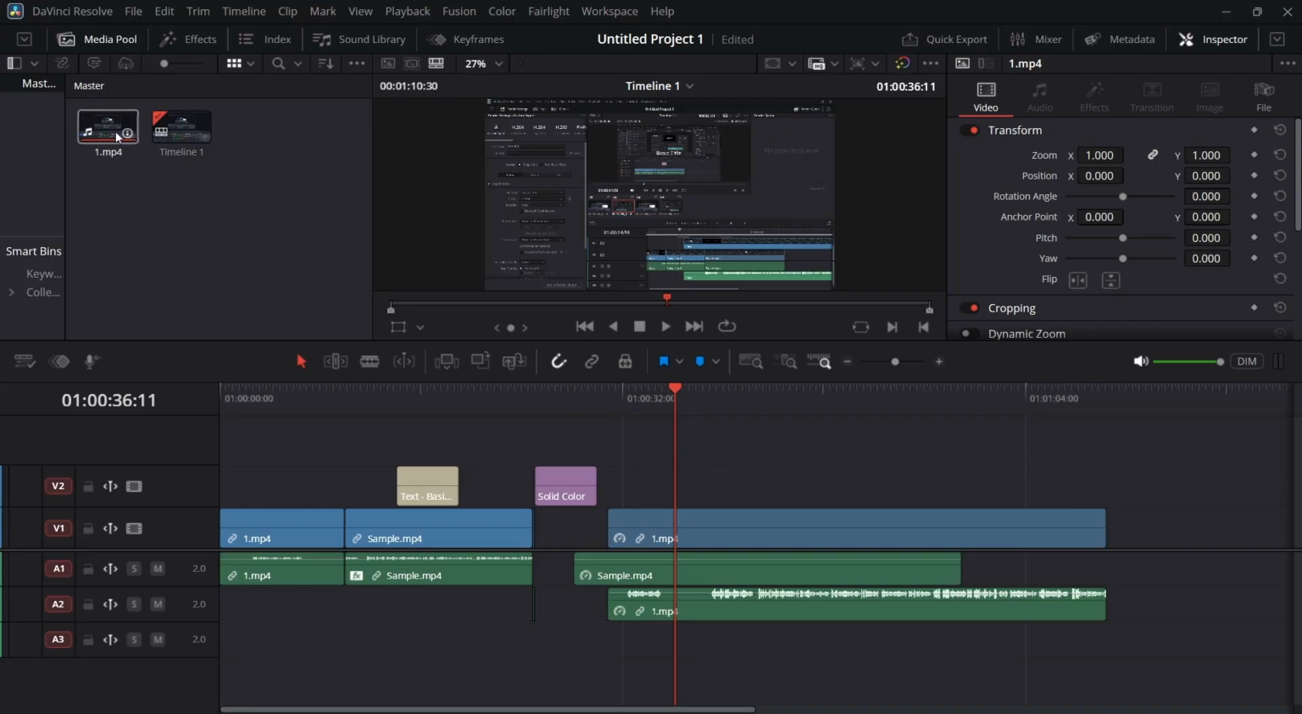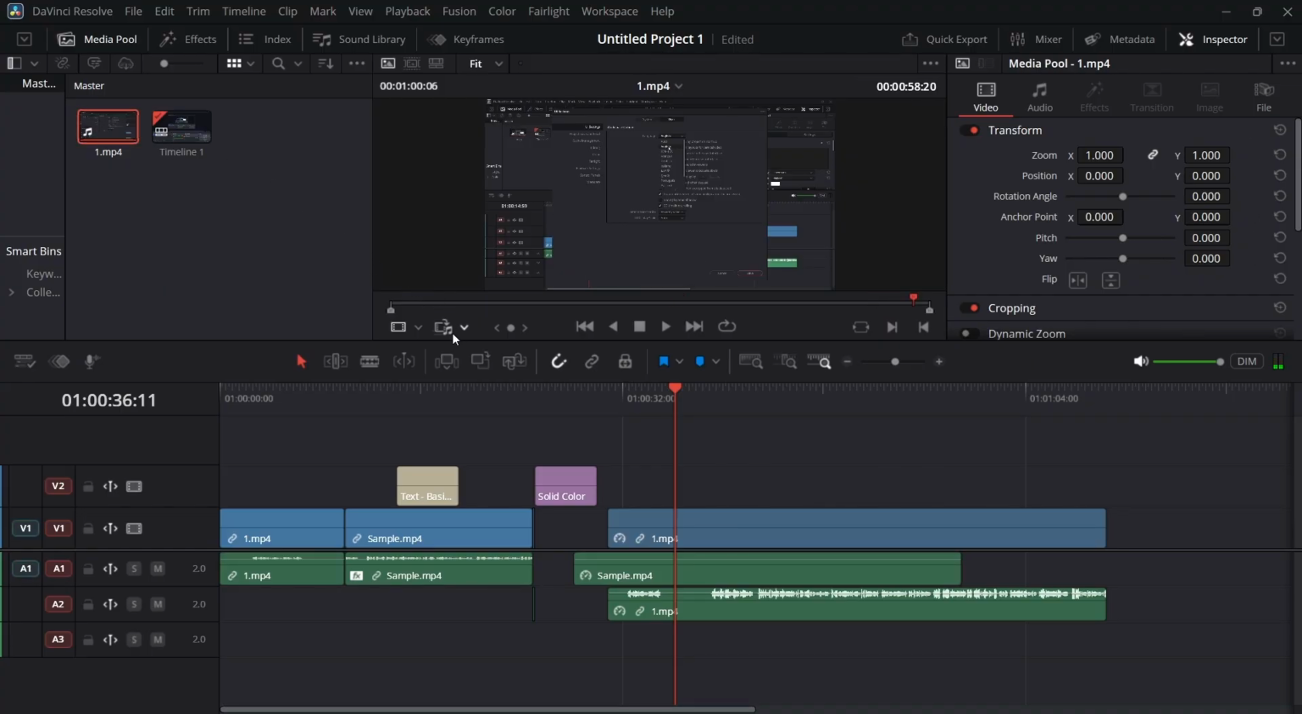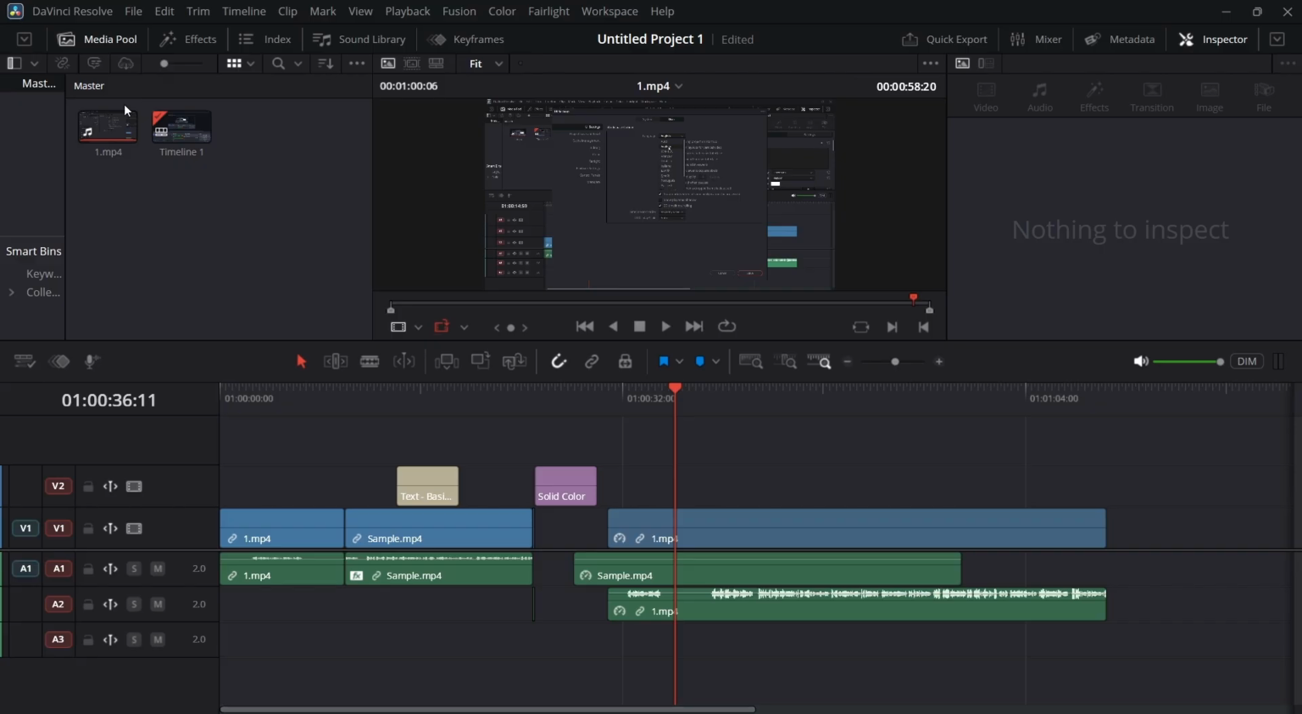Now in order to do it, let's say if I want to add just video of it, simply double click that clip on the media pool, and here you will see this option that says insert video and audio. Click over there, and here you will find multiple options that says insert video and audio, insert video only, and insert audio only. Now if I select insert video only, now if I drag and drop this clip, it will only drag and drop the video,